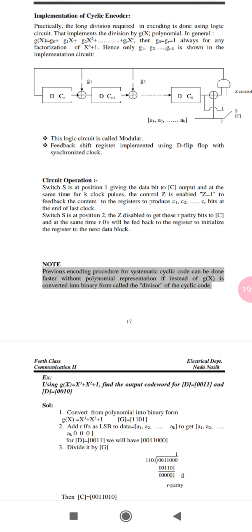Observe the implementation circuit. The logic circuit is a modular feedback shift register implemented using D flip-flops with a synchronized clock. What happened here? When the switch is connected to 1,